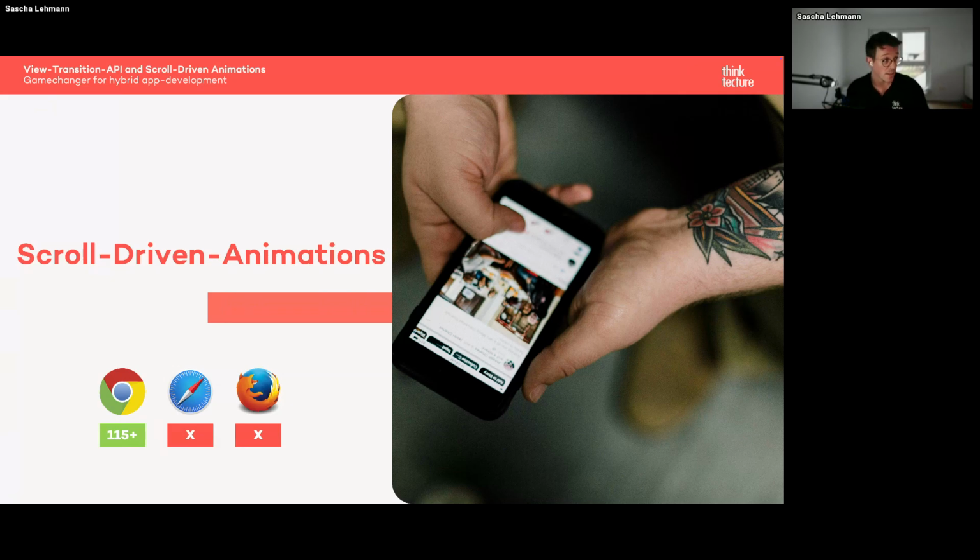Think, for example, about this trend we had some years ago, which is called the parallax effect. As I scroll down within my web page, certain pictures overlap each other and make this cool parallax effect. In the past, we needed some JavaScript to determine how much I scrolled and how to position these pictures so that the effect is achieved. Now we don't need this JavaScript anymore, because we just have an animation and attach the scroll timeline to it, and